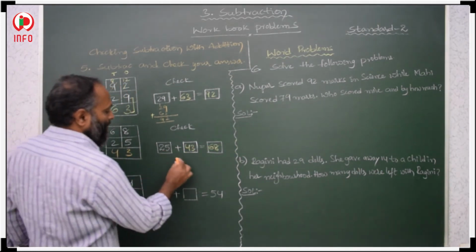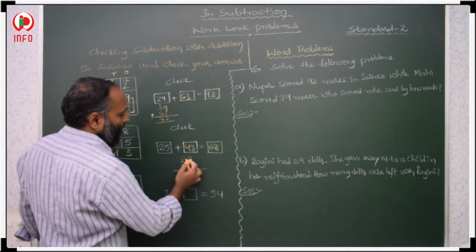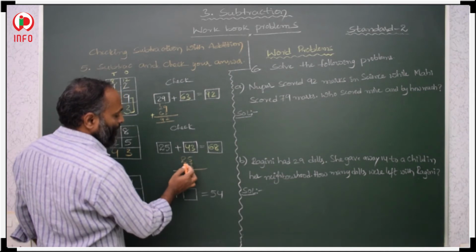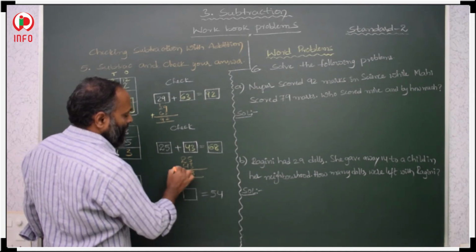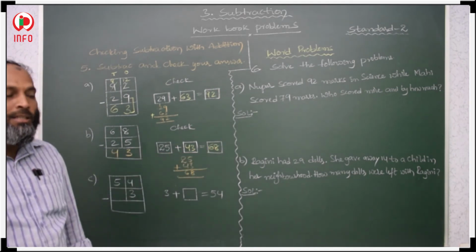Check your answer here. 25, 43. 5 plus 3, 8. 2 plus 4, 6. You will get 68. Now,